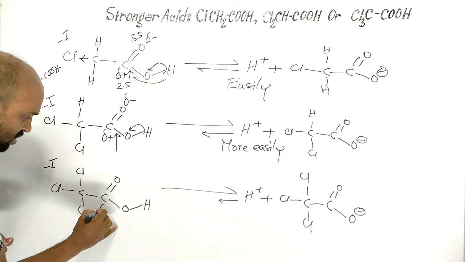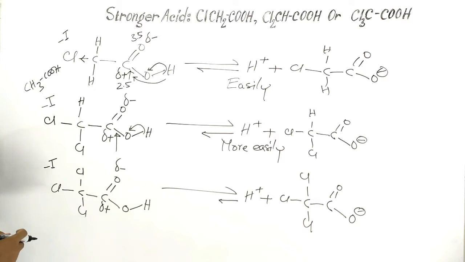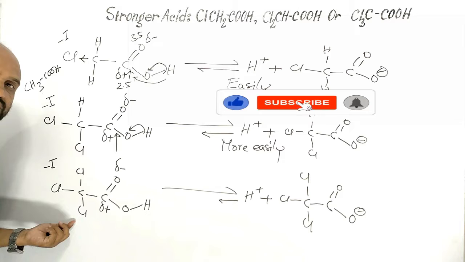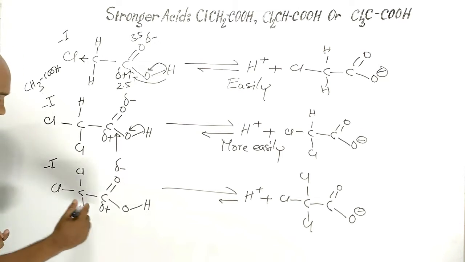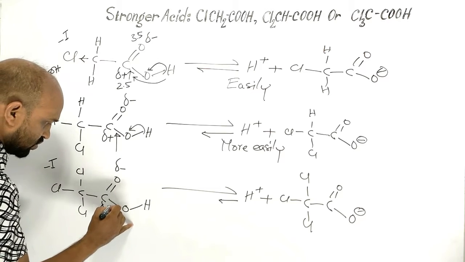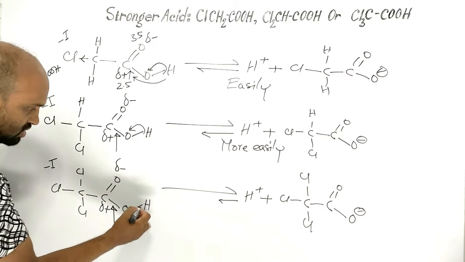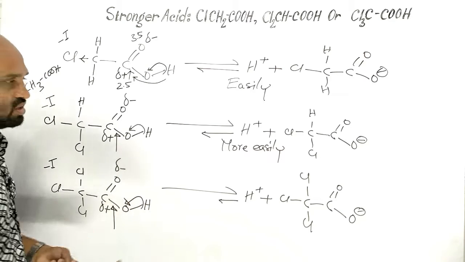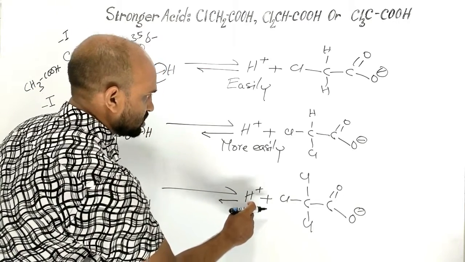Here this carbon gets partially positively charged, and oxygen gets partially negatively charged. Because of the presence of 3 negative inductive effect atoms, the positivity over the carbonyl carbon increases the most. That is why this bond undergoes heterolytic fission more easily, and this hydrogen is freed as a proton more easily than